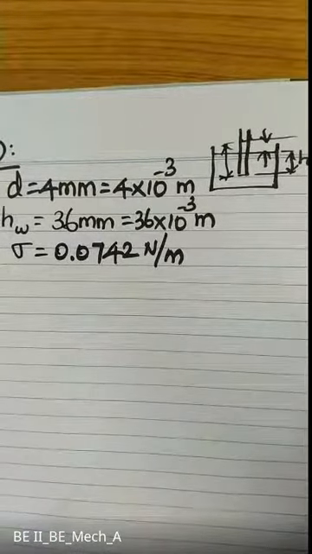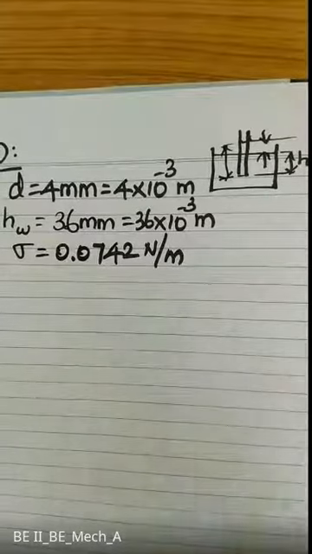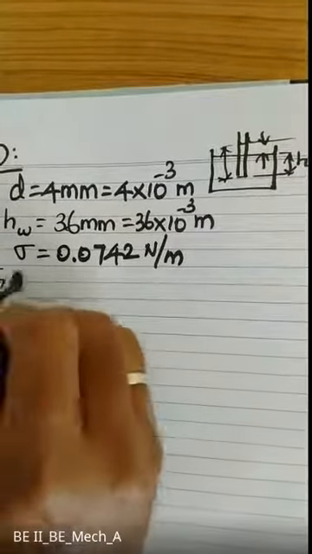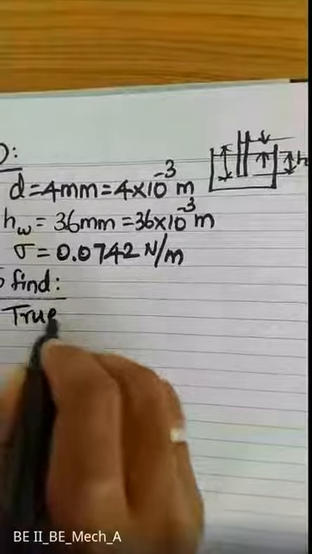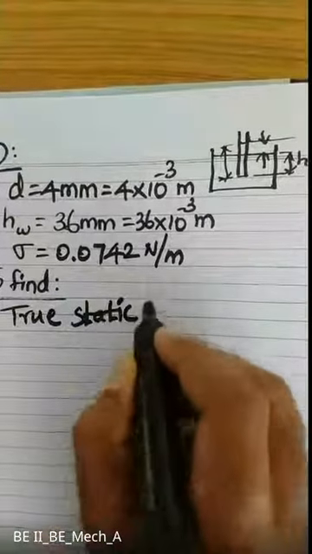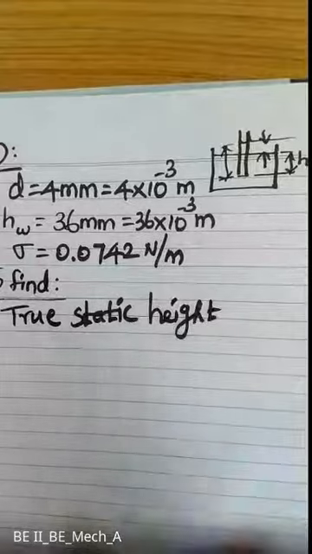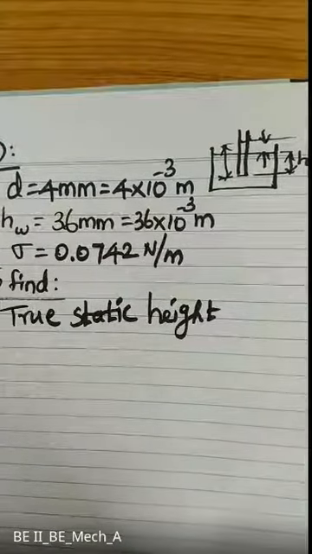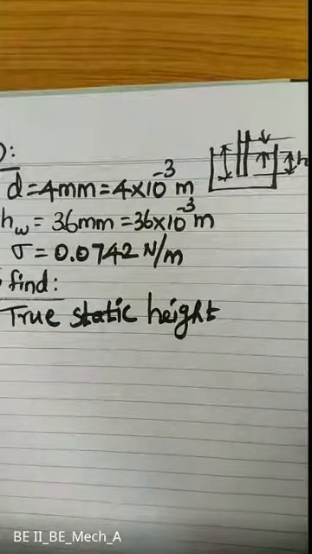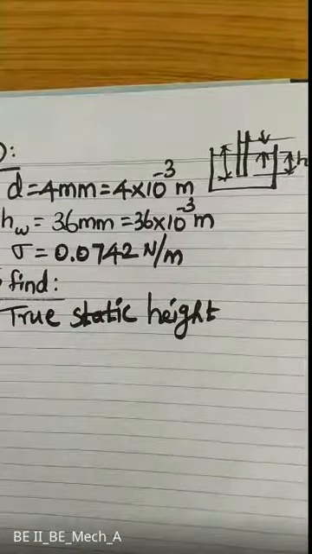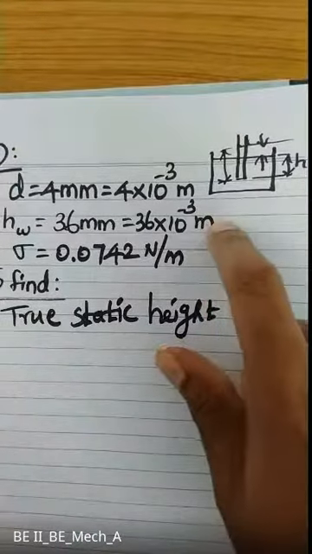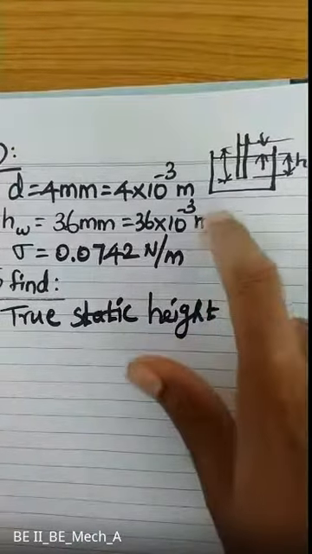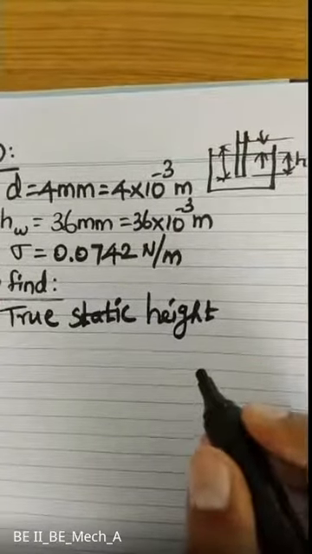Now we can proceed with the formula. Actually, we have to find the true static height, so you can write it exactly. In some problems they ask only for the capillarity rise, or the capillarity is directly mentioned. If it is that, you can directly stop with the formula. But here we have to use this particular h value and add it to the capillarity length. The value of theta is not available here, so you can consider it as 0 degree.